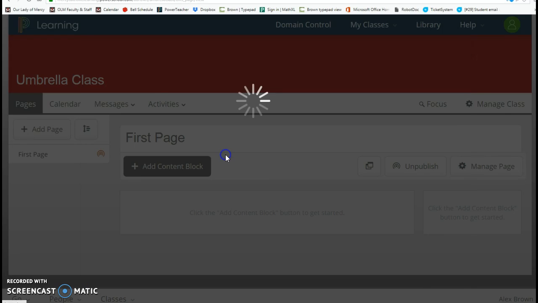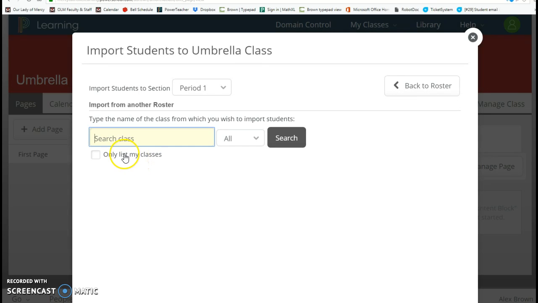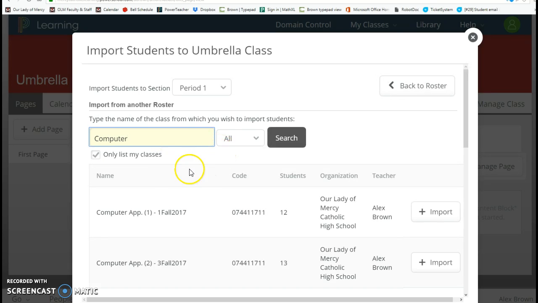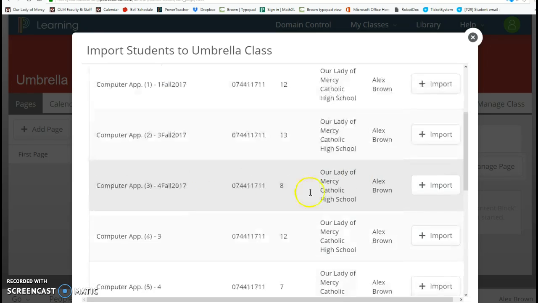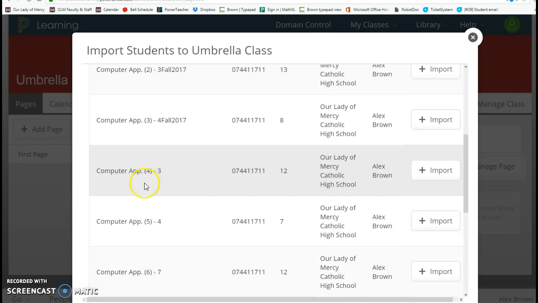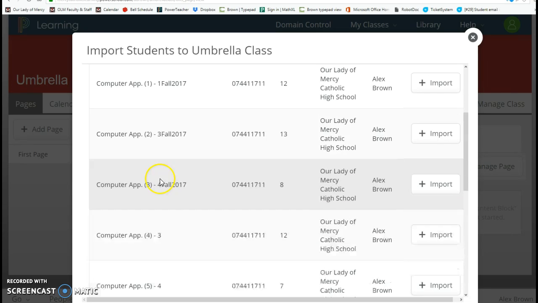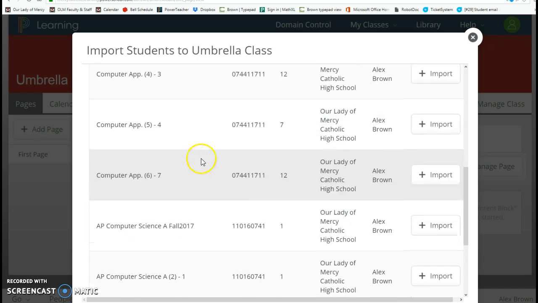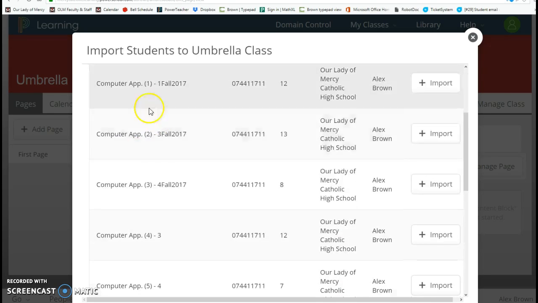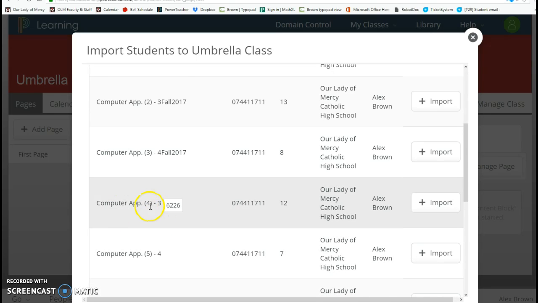And then we're going to import our students. We're going to search through all the rosters, and we're going to search for our class. So I'm going to say computer apps, and it should come up. I can scroll through and look at all of them. Now, one thing to keep in mind is this is probably second semester computer apps 1, 2, 3, but computer 4, 5, 6 might be spring semester. Again, you might have to play around with it, but once we figure it out, there should only be a certain number